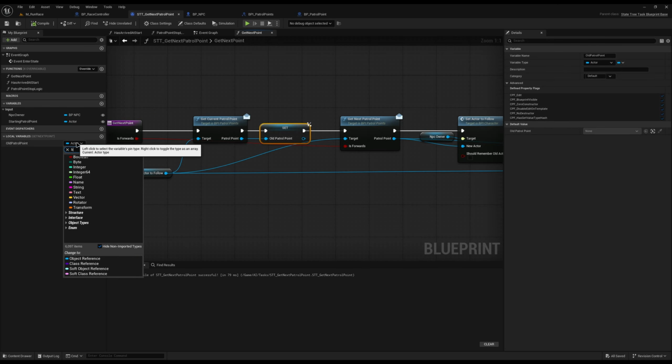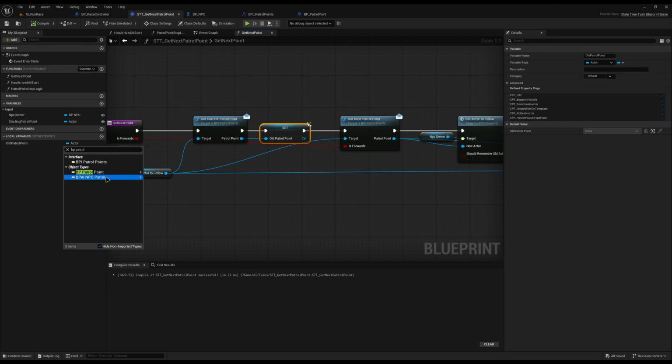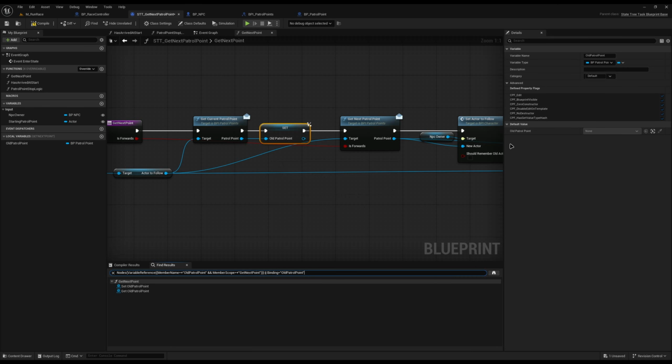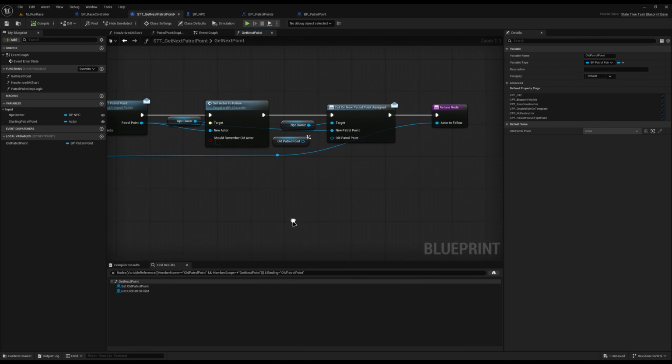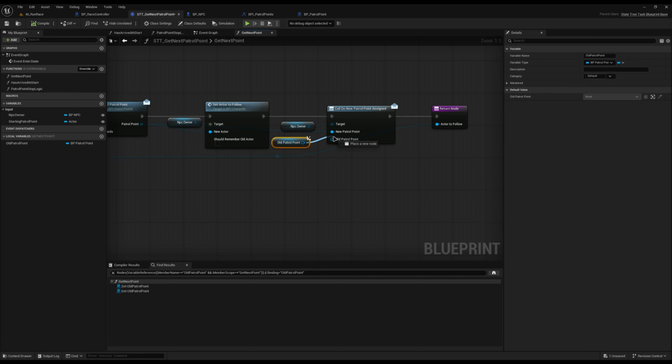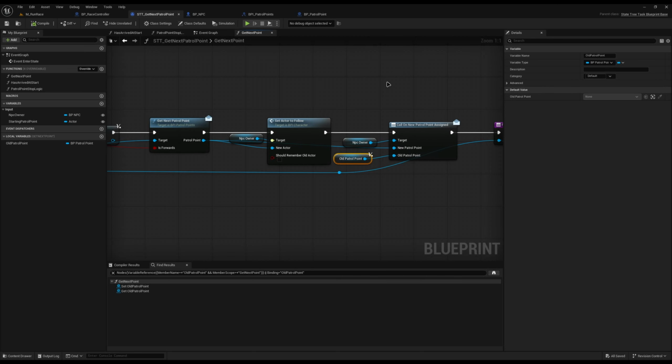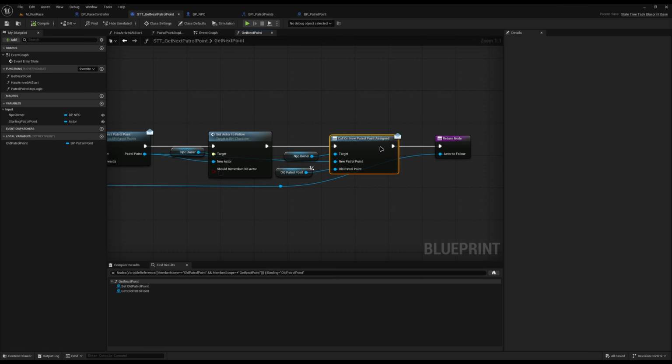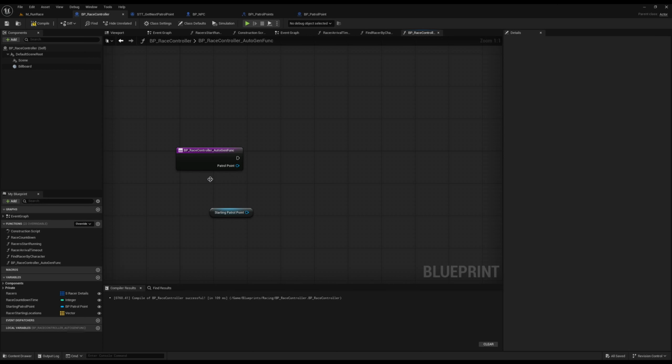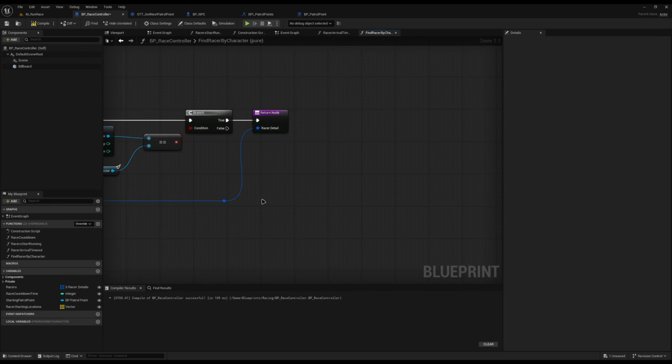So if we come and rename this to a BP patrol point data type, change variable, it will say it's going to error. That's completely fine. If we hit compile, you'll see it'll all allow it. And then this one here will connect to that lightning. So what that now means is every time we tell the NPC, hey, you've been assigned a new patrol point, here's your old one. Back on our race controller, if we delete this function off